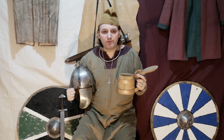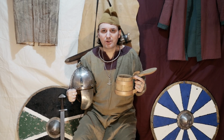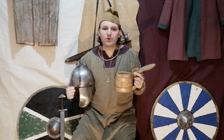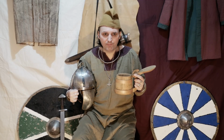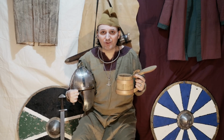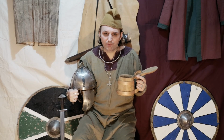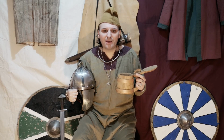Now, if you don't know about the Staffordshire Hoard, the Staffordshire Hoard is the largest Anglo-Saxon treasure hoard of its kind, and really demonstrates the richness and how clever the Anglo-Saxon people were. Now, the pieces of the hoard are comparable to those of the Sutton Hoo helmet, the Trust said, and experts from the museum who studied the fragments believe they are more than 1,300 years old. And after nearly 10 years, the Staffordshire Hoard is still giving up its secrets, said Dr. Ellen McAdam. And research has shown us that the hoard contained fragments of a helmet,